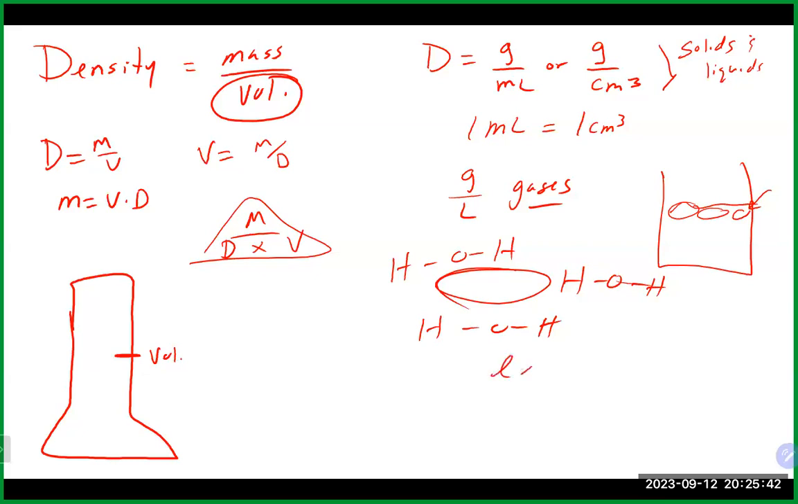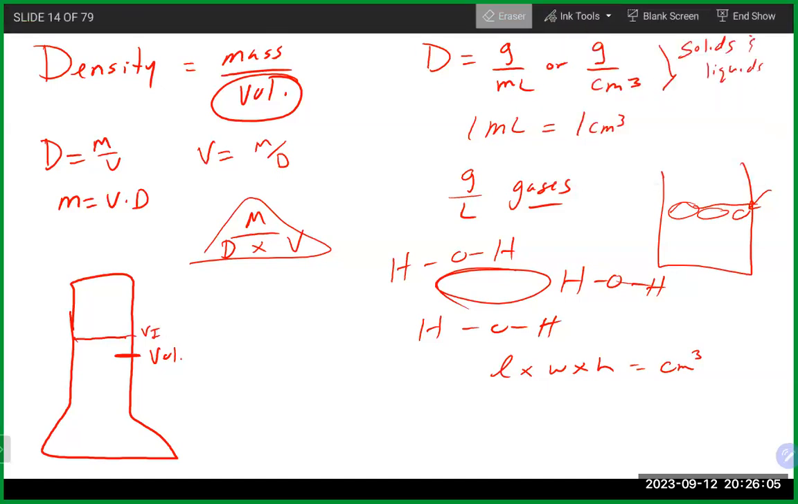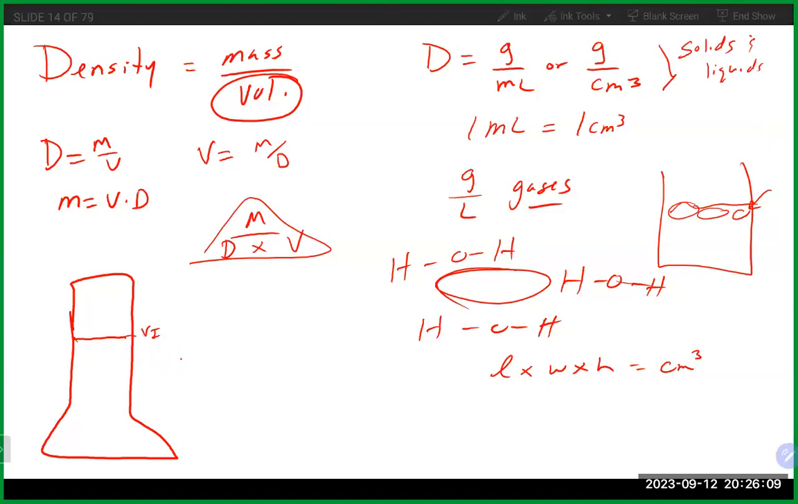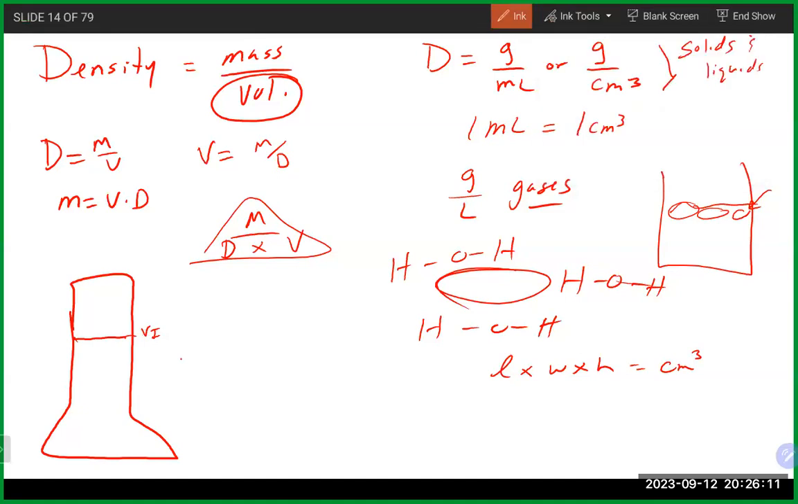If it's a solid cube, take the length times the width times the height and get something like a cubic centimeter, which is a volume. The third way, which is very common with density, is we could do volume by displacement. So if we fill up something like a graduated cylinder with a certain amount of volume, and if we take a solid object and we drop it inside,